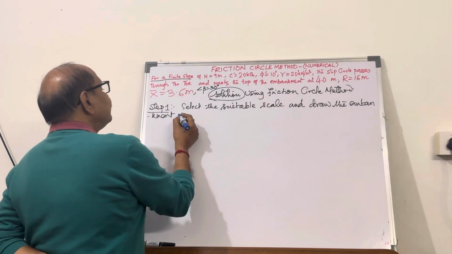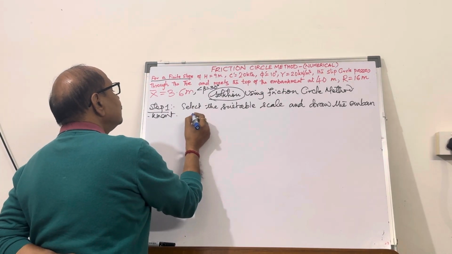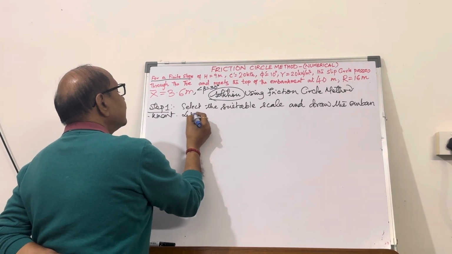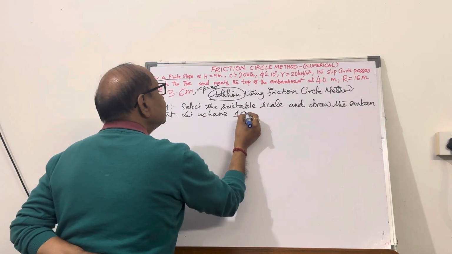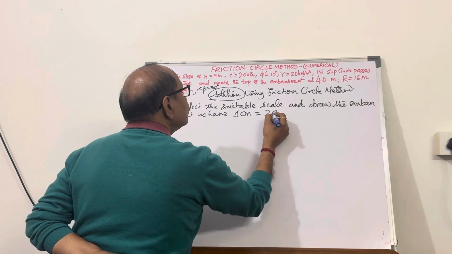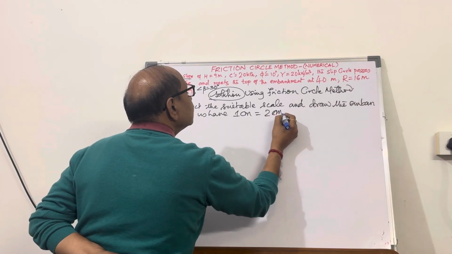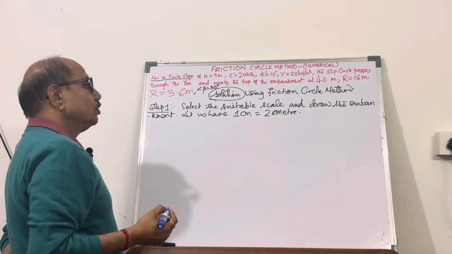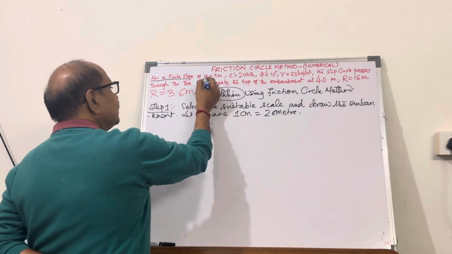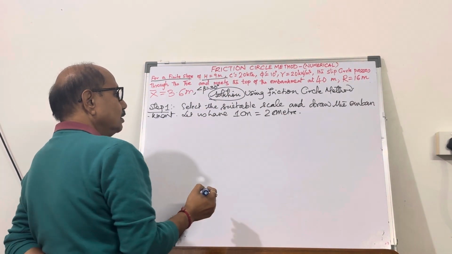So let's have here 1 centimeter equal to 2 meter. So what is the height? Height is 9 meter. Therefore,